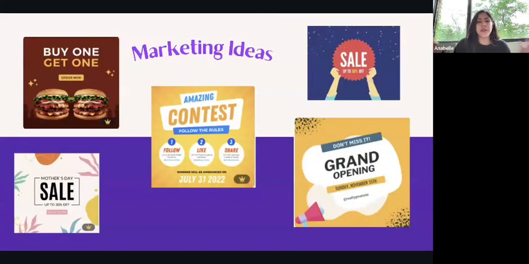And talking about ideas, here are some easy samples, right? It looks like it's easy, but you have to go in and edit it. So for example, the buy one, get one free. If it was a coffee, I'd have to go in there and just change the picture of the hamburger. And yeah, that's pretty much it for that one. And then if I was doing this Mother's Day sale that's coming up, right? Up to 30% off, you just go in there and change the percentage off. So it's not that complicated, but you still have to go in and make your edits.